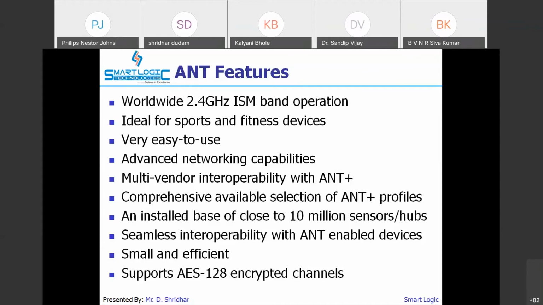That way we can use this communication protocol for various devices. Similar to BLE, there are service profiles, so you can use various service profiles from ANT Plus. ANT Plus is again an advanced version of ANT.